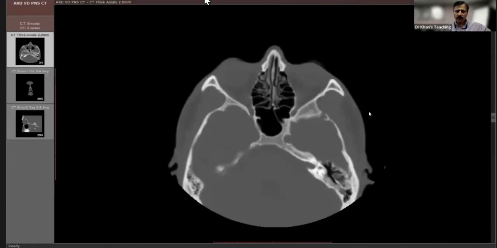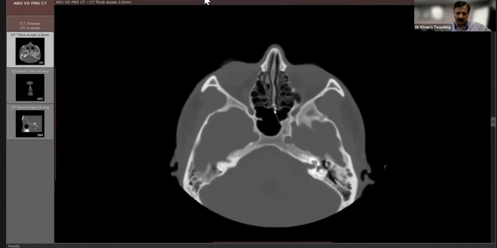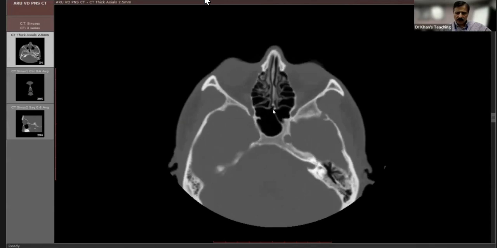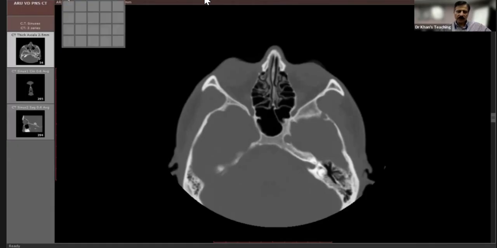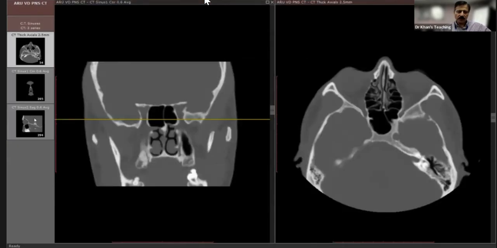If you look carefully on this axial, actually you can see. Do you see this ostium where I'm pointing out? So this is the drainage pathway of the sphenoid into the sphenoethmoid recess. And generally speaking, if we see it on a sagittal, if we go here